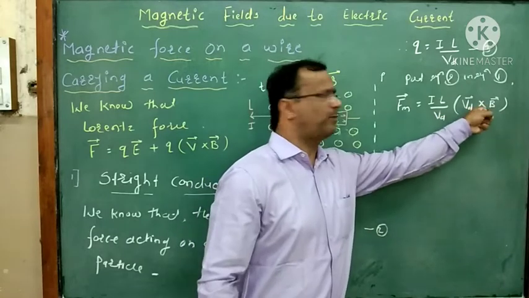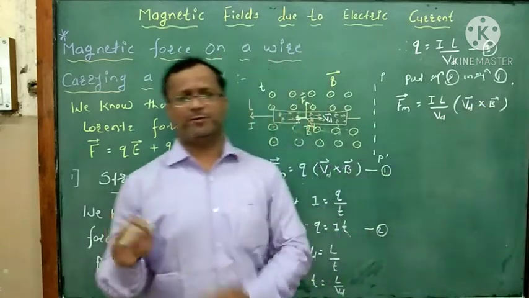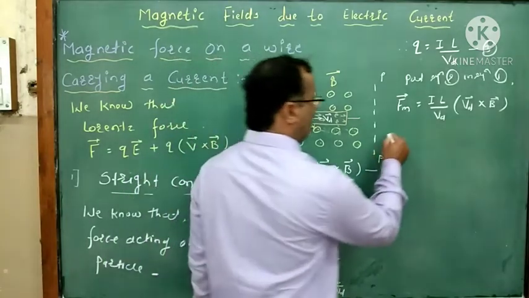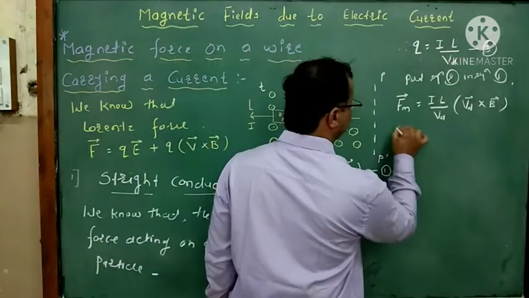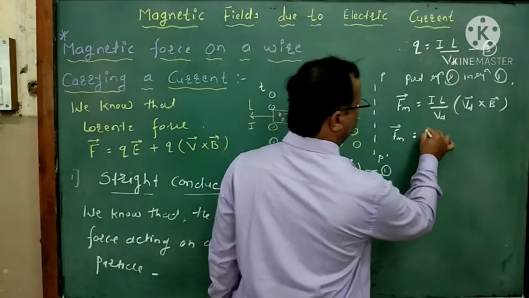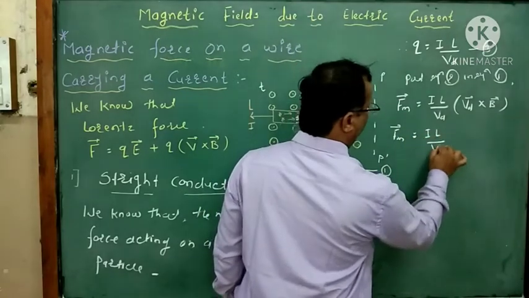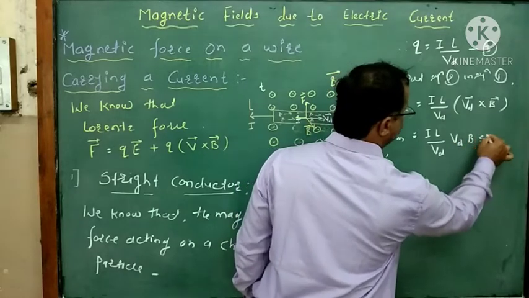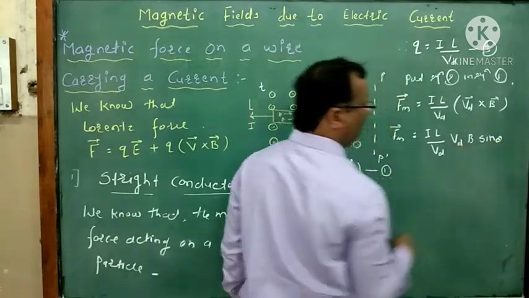The cross product is represented by sin theta. So here, Fm is equal to I L upon Vd into Vd B sin theta into